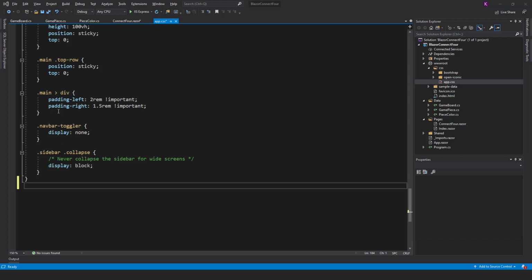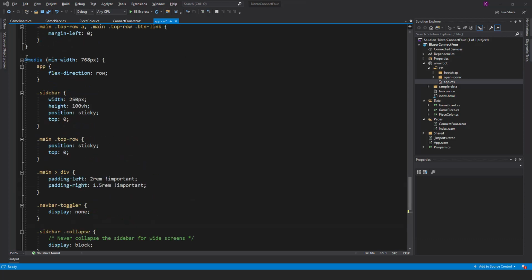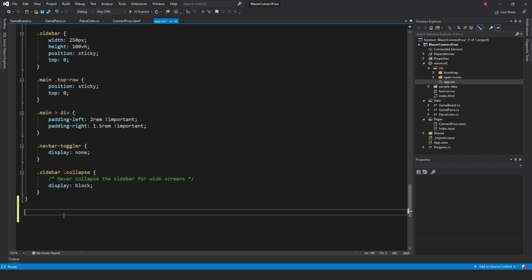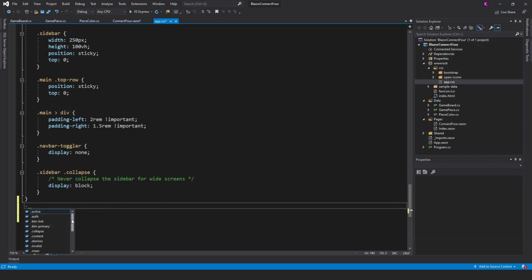Now just below this part at media, where the style sheet app.css, which was auto-generated when the project was first created, had ended, I'll start writing. So if you'd like, you can follow me. So at board,